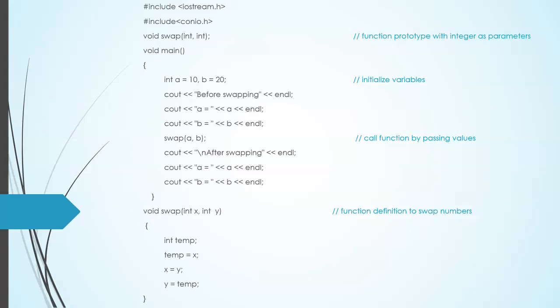Next statement will print A and B values after swapping. The values will be printed as 10 and 20 only. No change in values, even though they had been changed inside the function. As we have seen in the last slide, when the control is transferred back from the function to the program, changed values are not transferred back. For this, the solution is call by reference.